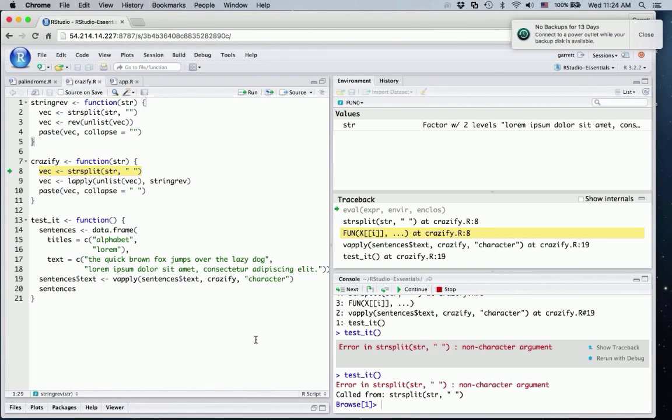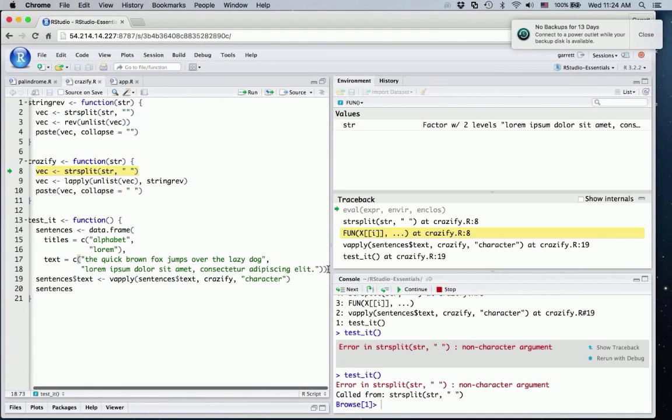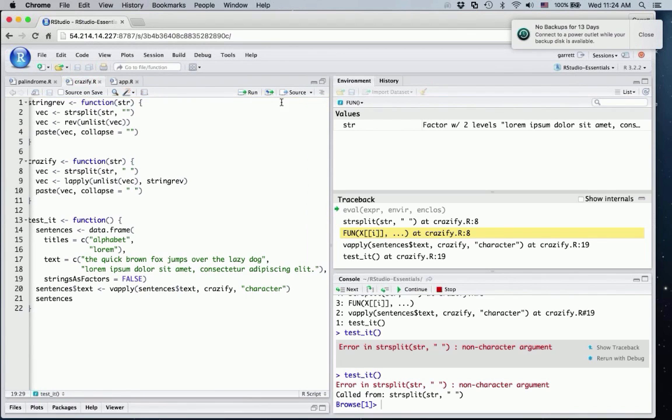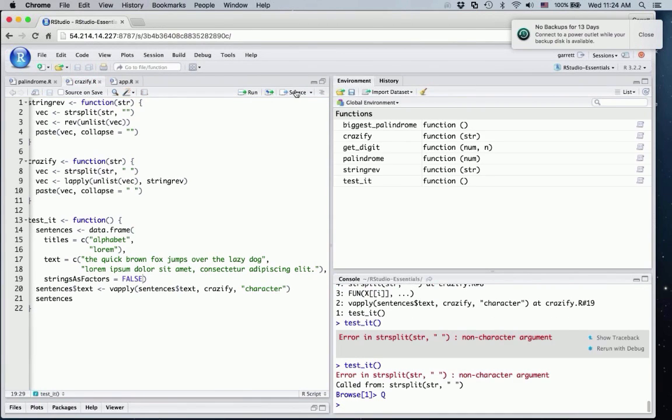So string split, if you consult the help page or if you know it from experience, is meant to work with characters. And here's the source of our error. It actually explains why we get this error output, non-character argument. A factor is not a character. And the reason this comes up is that factors are kind of the hidden secret of R. R makes so many things factors, character strings especially, by default. And very often that's not what you want. The way to avoid that is to add the option strings as factors equals false when you do things like make data frames. Now if I do this, if I exit my source,